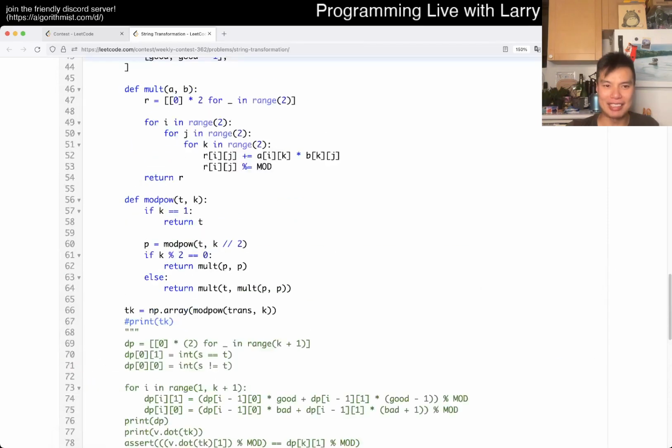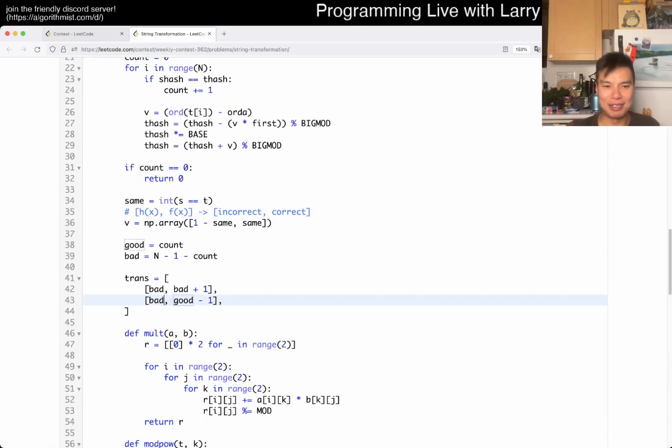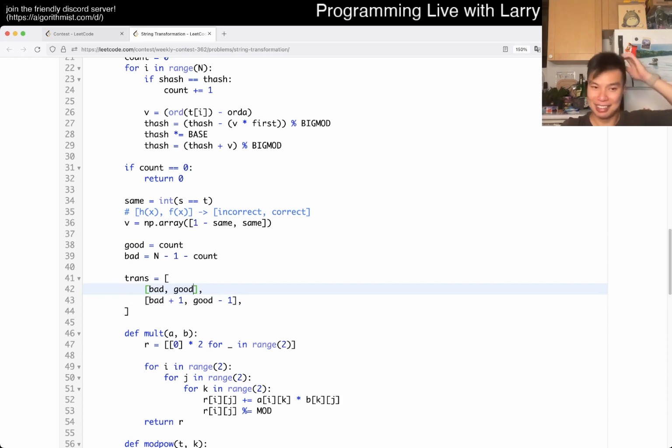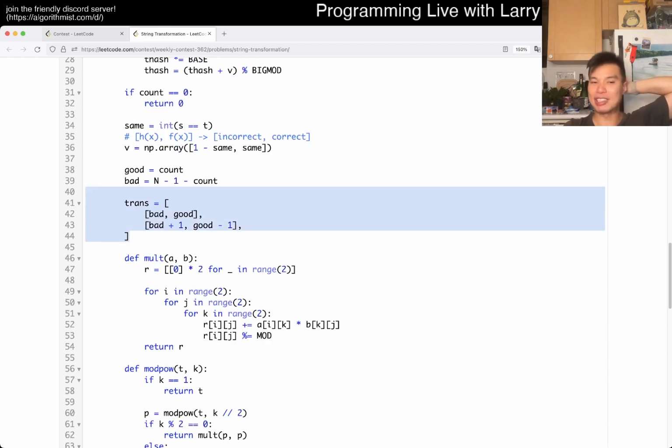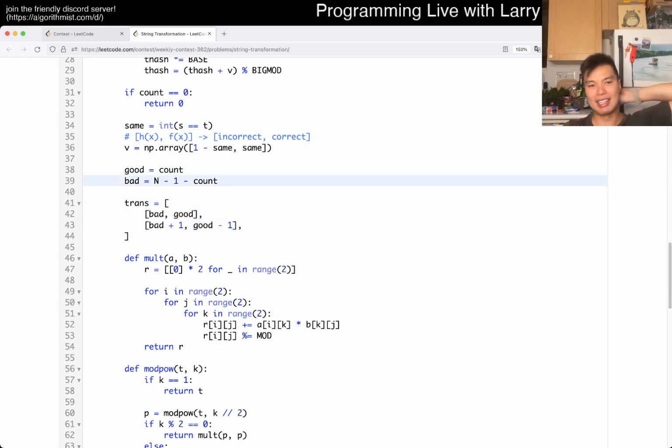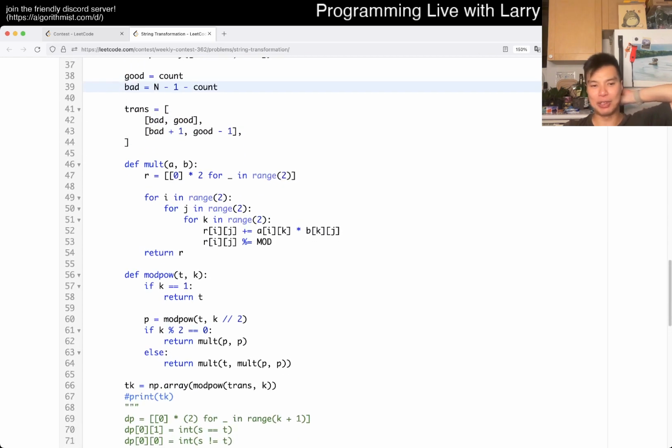Okay, maybe not. I don't know. I don't know why this is a little bit weird, but maybe I just missed that. But in any case, that is my transformation matrix, right? This is kind of what we talked about with respect to that, and then now we have to do the